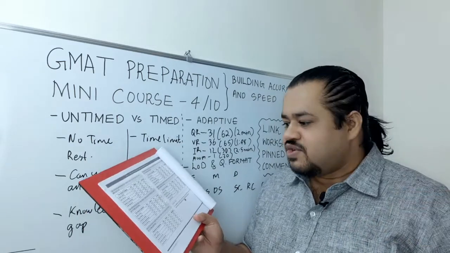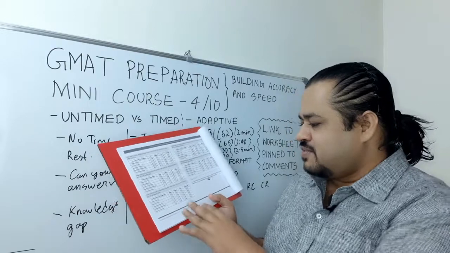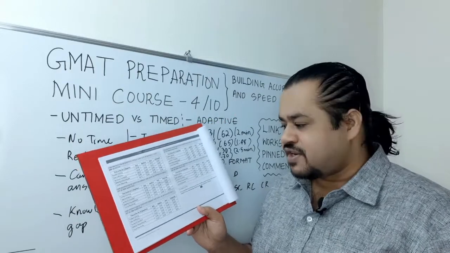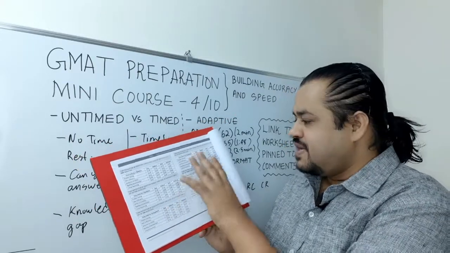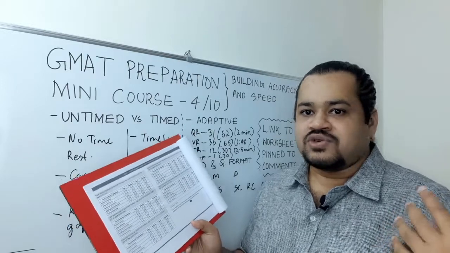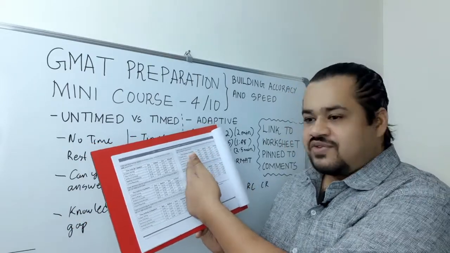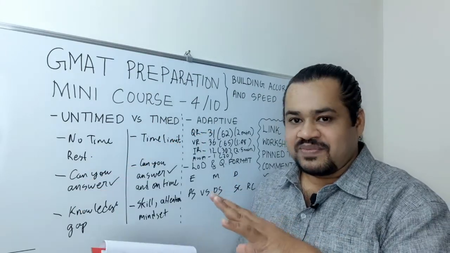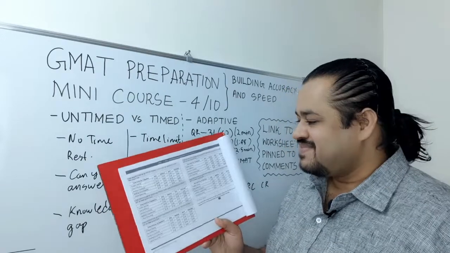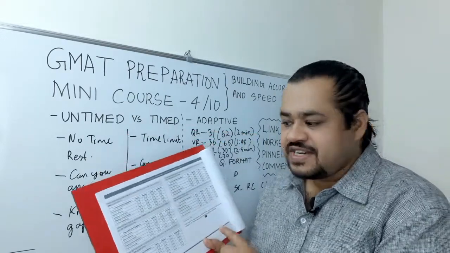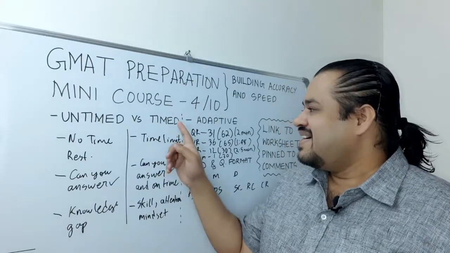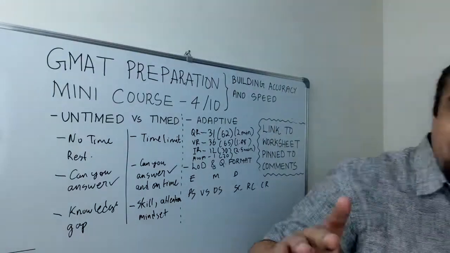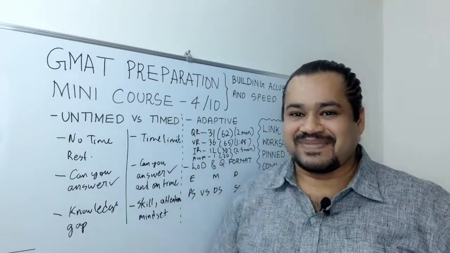For example, if your time block is 15 minutes, then I would recommend going for 5 questions. If your time block is closer to half an hour, then you can go for 10 questions. And based on the level of difficulty and the question format, you may have to go with a set of 4 or a set of 8 to make your timed practice session fit within your time block. So that's how you use this worksheet, and it is extremely useful once you start your timed practice. You can download it. The link is in the first pinned comment.